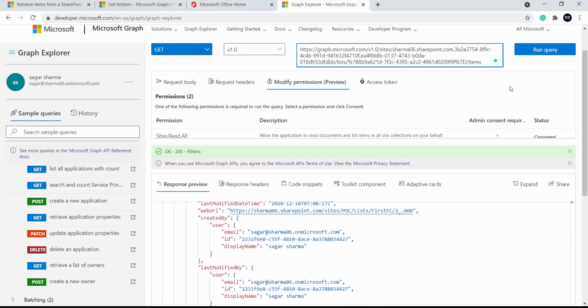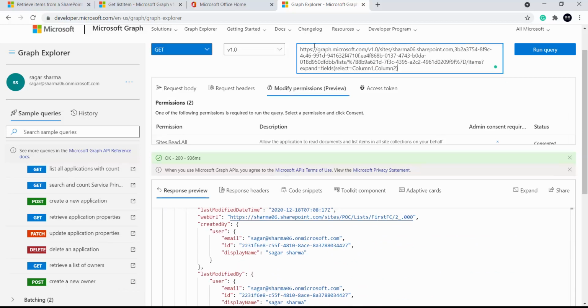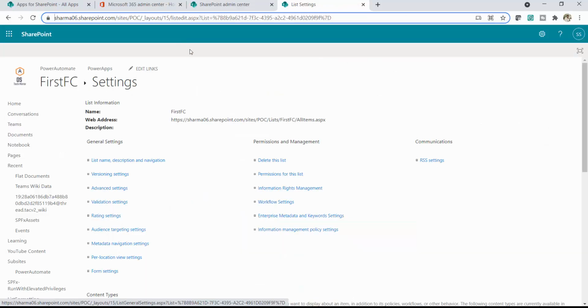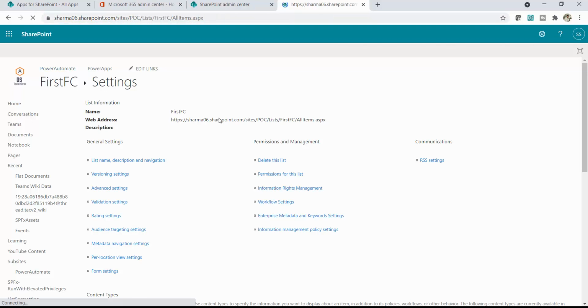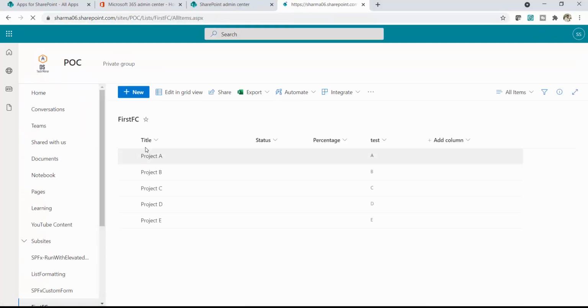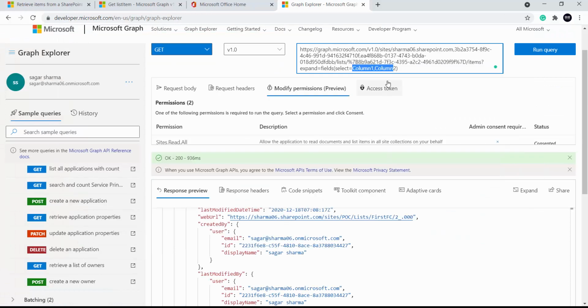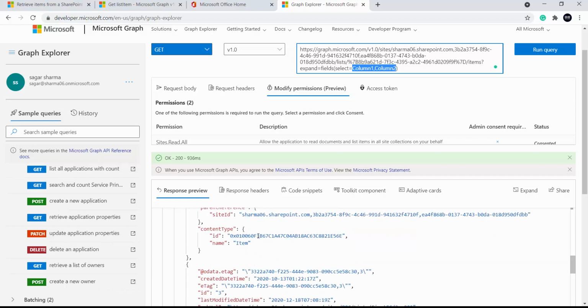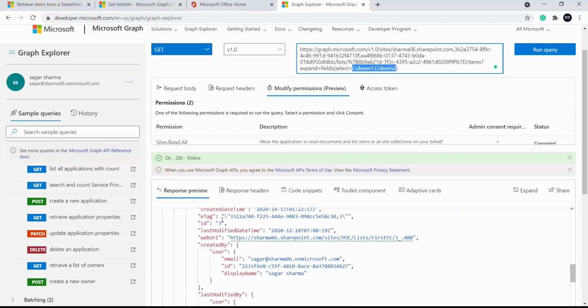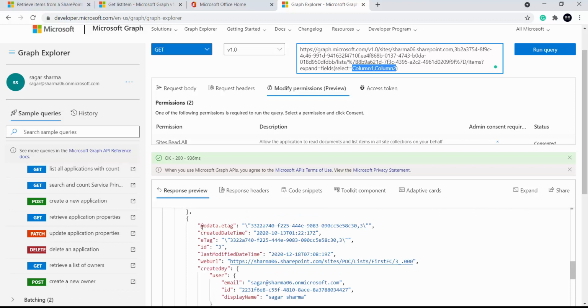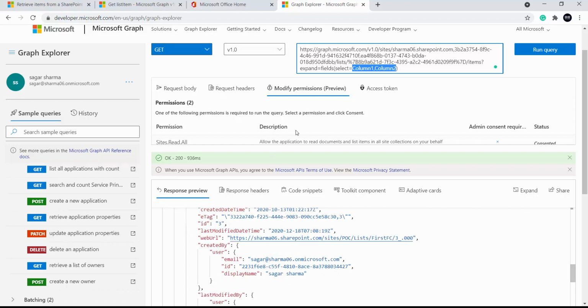Now I will put in the remaining part, that is expand fields and select, if I want to filter any column. Over here I can see mostly values are present in two columns. One is the title and the second is the test. So I will fetch only these two particular columns. Let me show you the result once again. This is the ID3 and I am not getting any fields over here. Unless I use expand equal to fields, I will not get the fields.